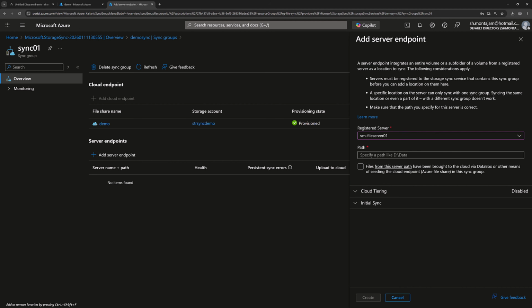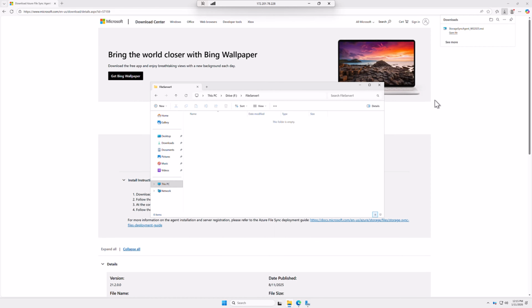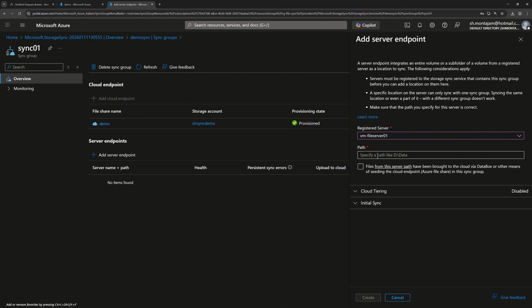I will show you the server here. I RDP to the file server 1, VM file server 1, and in the F drive, I created a folder which is called file server 1. So I will copy this path and I will paste it here. And then I will create